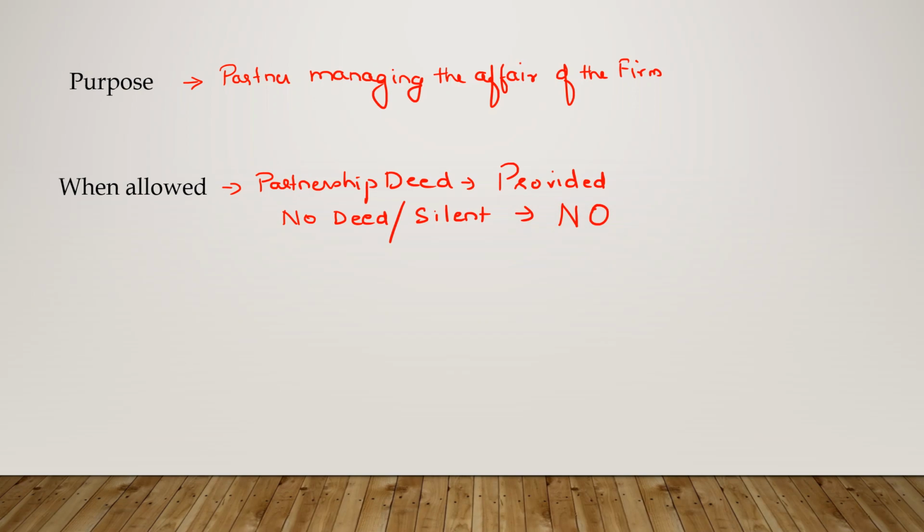So what is to be done in such cases? They have to get a deed done, or in the existing deed they have to include a provision. Thereafter, as per the provision, whatever remuneration is given in the deed can be allowed by the firm to the partner. So when there is no deed or the deed is silent, remember, no remuneration can be allowed to a partner irrespective of how much effort he puts in.